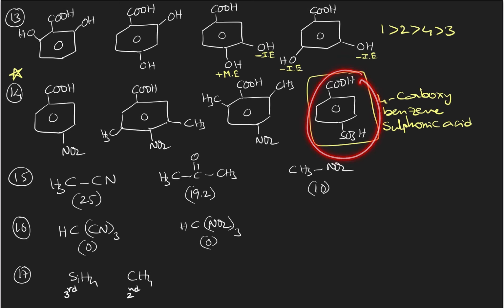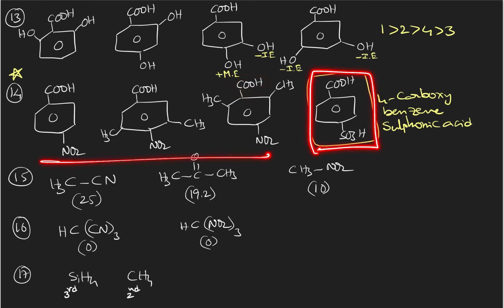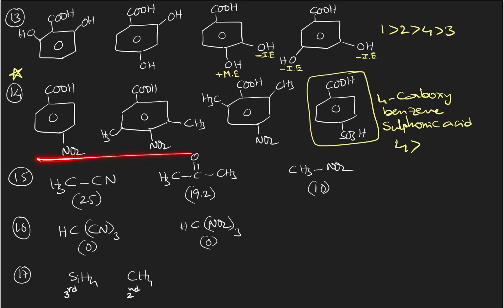Therefore, as this is sulfonic acid, and we have studied in part 1 that sulfonic acid is a much stronger acid than carboxylic acid, the fourth compound is more acidic than the rest of the 3 compounds. So the fourth one is more acidic. And then now between the carboxylic acids, you can do the comparison. COOH with 2 ortho effects is more acidic than the others. And there is another interesting point between these two.